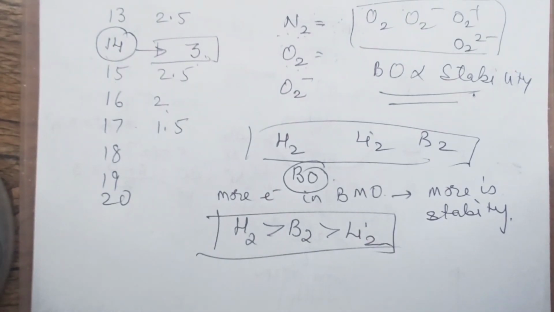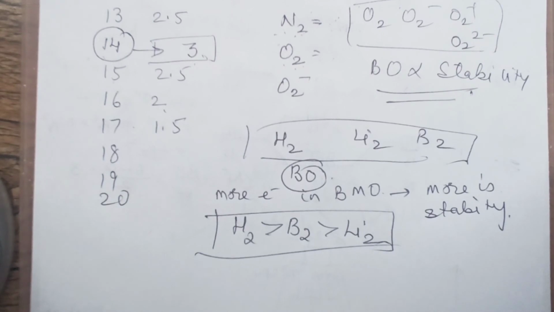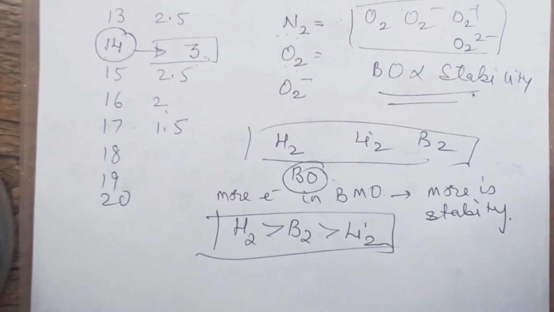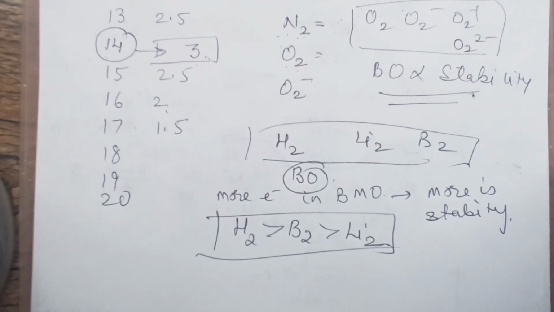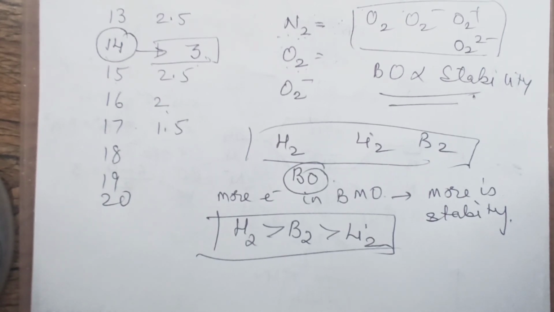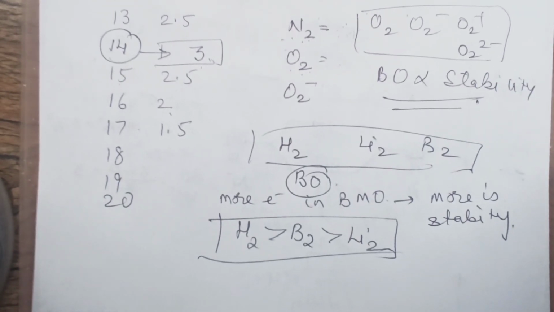Okay? Is it clear? I hope you have liked whatever points we have discussed in molecular orbital theory. Practice it well. Try to apply this for different species. More than this, you can get many more examples. You can apply it for different species and see whether you get the confidence. I hope you have liked the trick and this theory explanation.